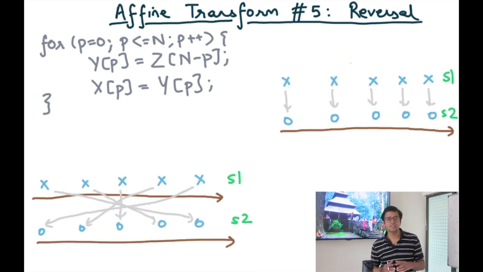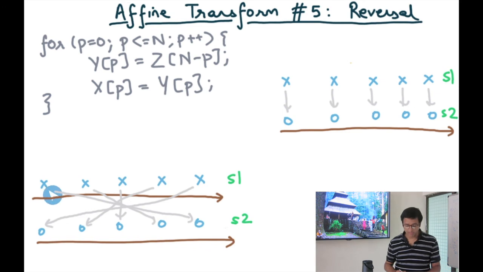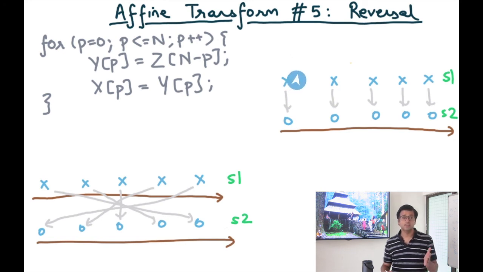And if I was to draw the same thing pictorially, our original loop data dependencies look something like the following. There were edges from the first iteration of S1 to the last iteration of S2, and the last iteration of S1 to the first iteration of S2. But now I have been able to transform the loop while respecting data dependencies such that the data dependencies actually have a very small reuse distance. The data dependent iterations actually occur in the same iteration of the outer loop p.